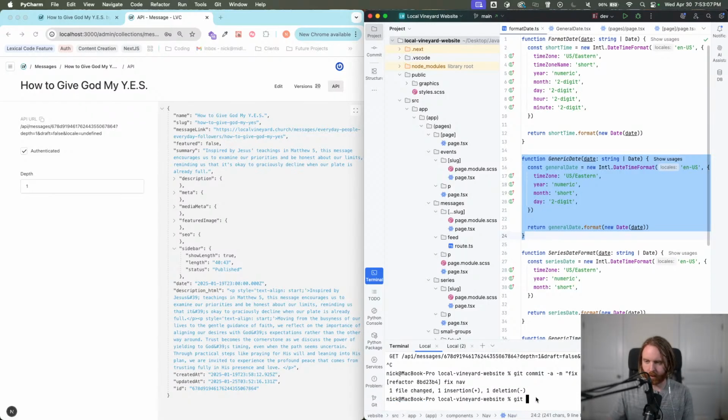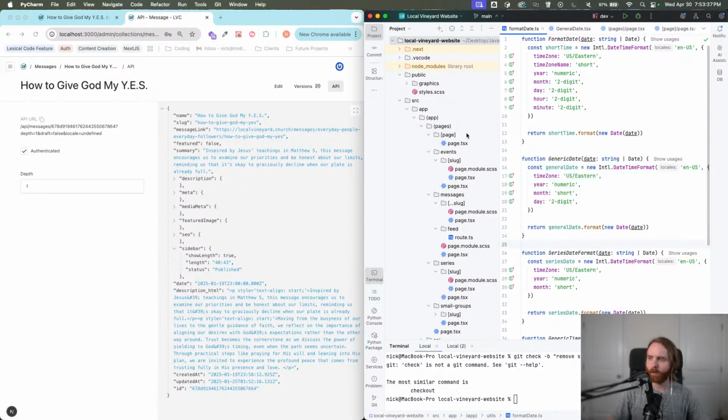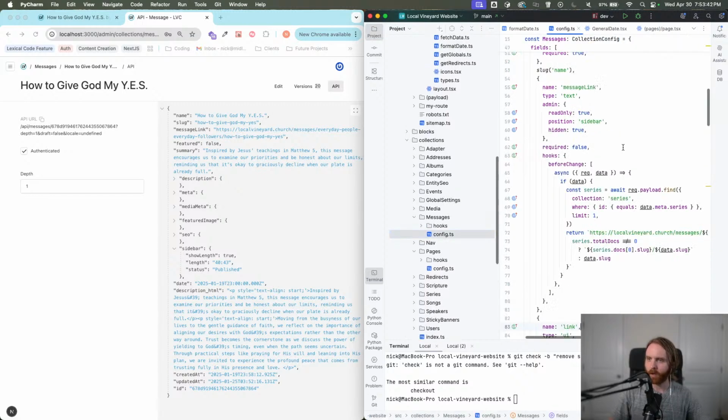But now I can do our git checkout branch, and we're going to try to remove sidebar. Now, of course, no matter what I do, it's going to affect my Mongo database, but in this case, it's a local instance, so it's not going to break anything in production. But with this, I'm able to not accidentally send this straight to production, but I'll be able to test it using Vercel. So the thing that we need to do is in our message config, so messages, config,